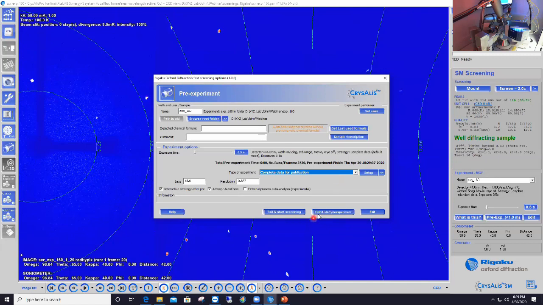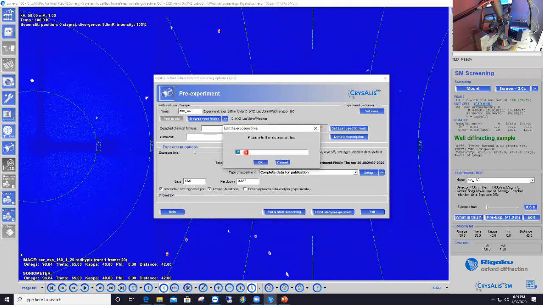Last thing before I push the start button is the exposure time is set at 0.5 seconds at the moment. Again, I didn't do that. CrysAlis Pro did it by itself and estimated that I have enough with a half second exposure time. This is based on the I/sigma that was estimated from the screening images and the exposure time that was used for those screen images. So here CrysAlis Pro is telling me you probably have enough with half a second. If you're not happy with that exposure time, left click on that blue button and implement the exposure time that you wish. All right, so now I'm going to click on the exit and start the pre-experiment